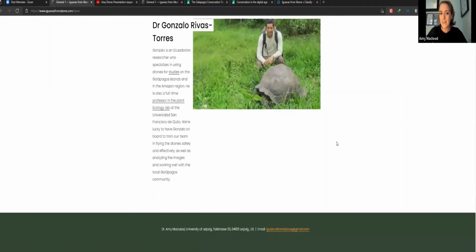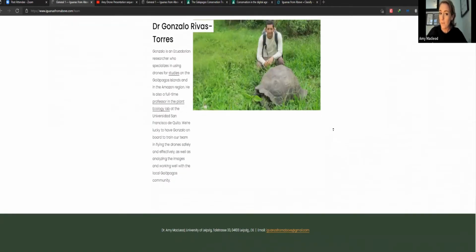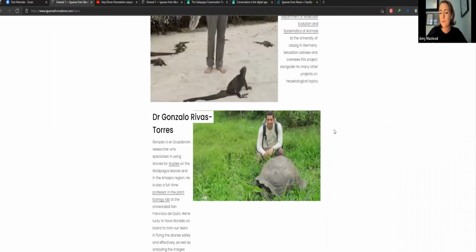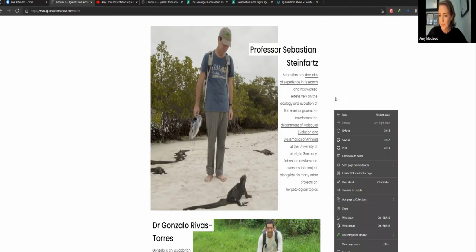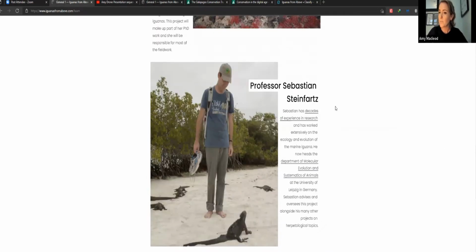Yes, so you see also there is Sebastian Steinfurt. So he was my PhD supervisor. Now he's the collaborator. He's had a long interest in the marine iguana. And so he is the professor at Leipzig and supports the project and gave some seed funding to get it started,